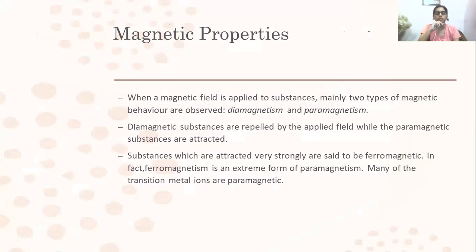Next, magnetic properties. When a magnet is applied to a substance, mainly two types of magnetic behavior are observed: diamagnetism and paramagnetism. Diamagnetic substances are repelled by the applied field, while paramagnetic substances are attracted. Substances which are attracted very strongly are said to be ferromagnetic. In fact, ferromagnetism is an extreme form of paramagnetism. Many of the transition metal ions are paramagnetic. Next,